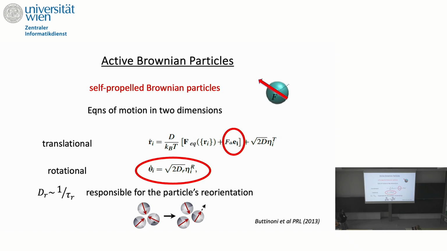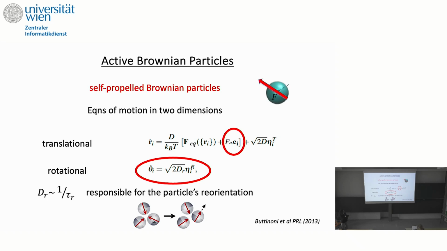This is an example of a spherical self-propelled particle, and the equation of motion can be summarized in two dimensions in a translational and a rotational equation of motion. We focus on the translational equation of motion, and we forget about the red contribution. This is just the equation of motion of a Brownian colloid, plus a propelling force that tells us that the particle self-propels towards a given direction as long as it can, and at some point it changes its direction of motion and it propels in a different direction.